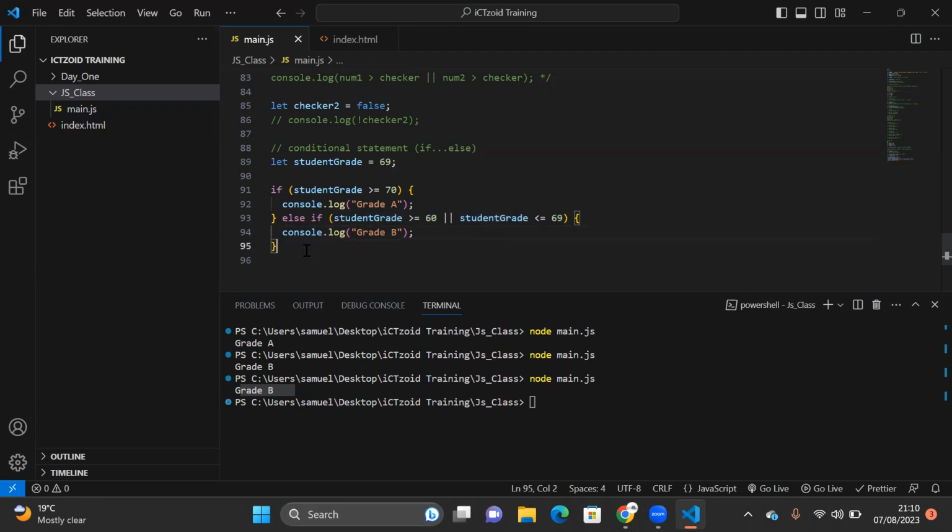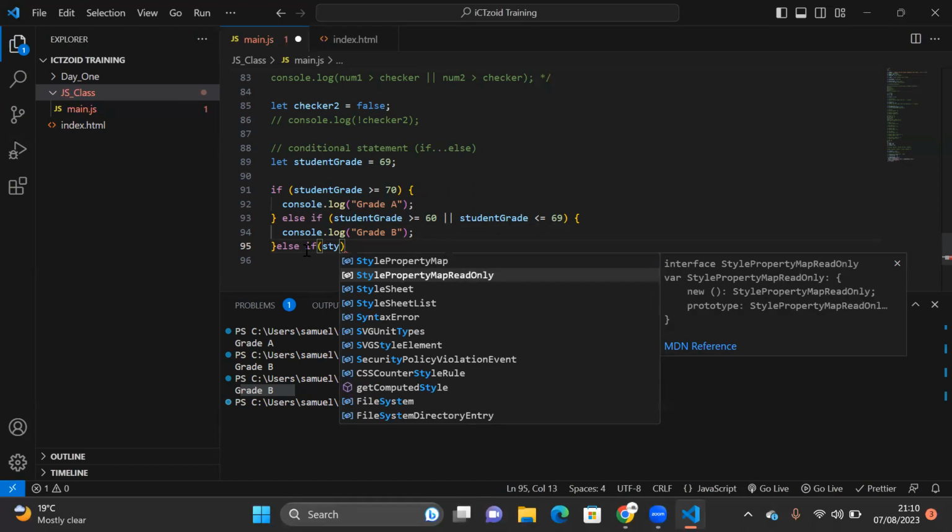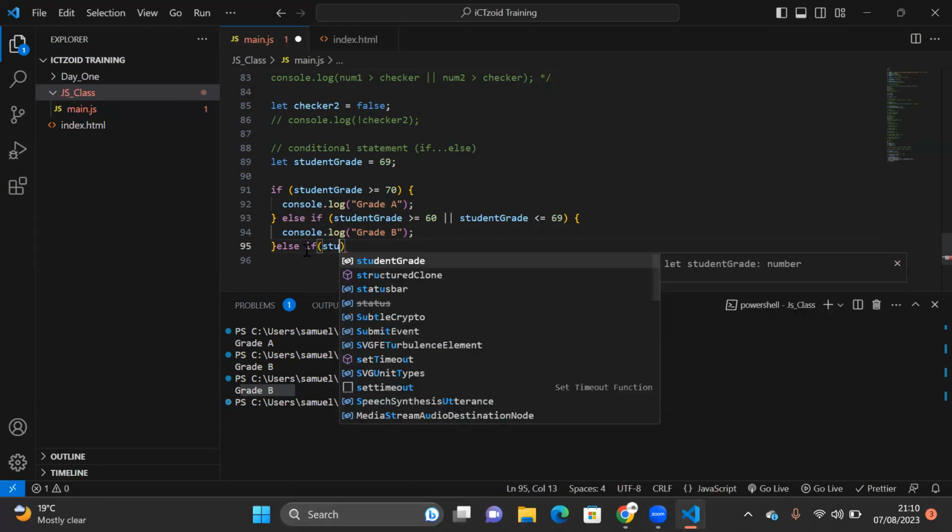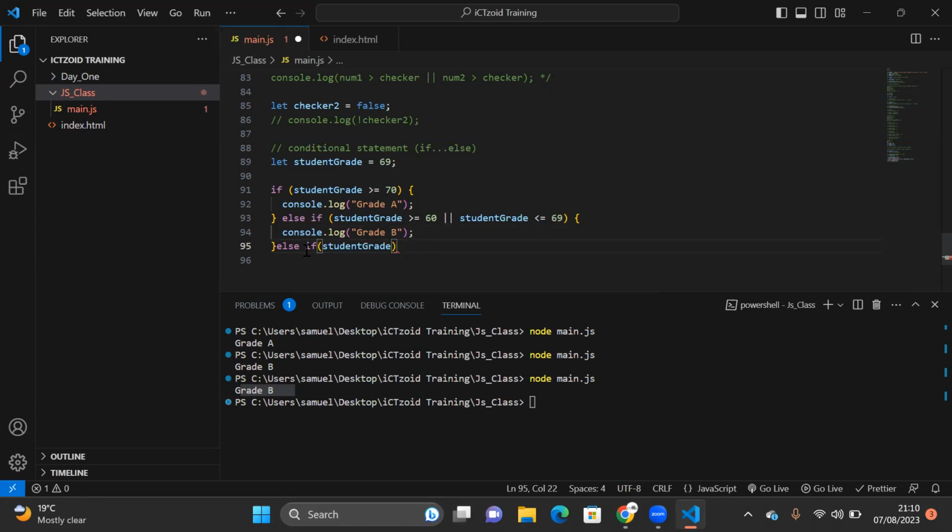Okay, what if I want to check for C? It means I can still go further. Else if student grade, let's say if his grade is greater than or equal to 50, right? But it is less than